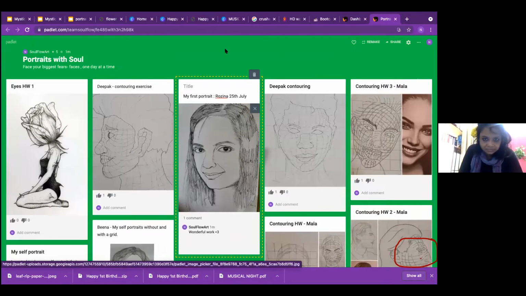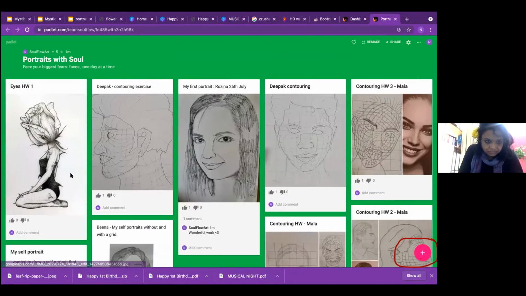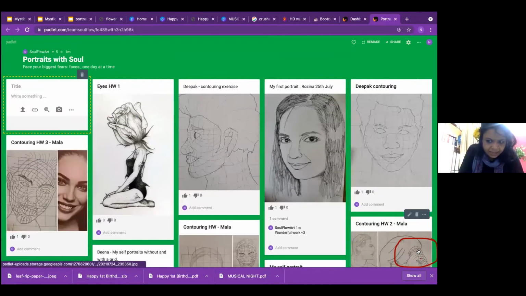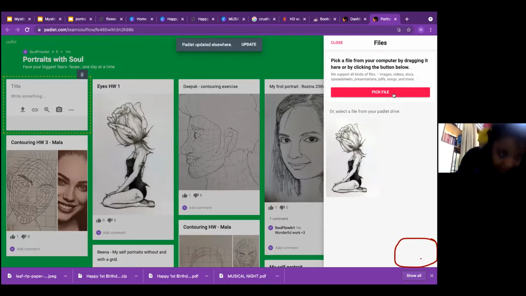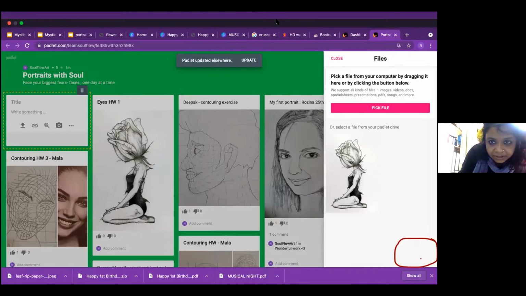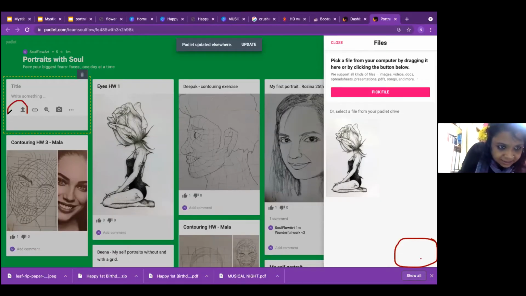Okay. How do I post my photo? I don't know. I should go to the camera. How do I find the photo in my phone? When you do this red, pink thing, when you add it, it should come. No, upload this pic file. When I do this, it comes as type a title. Type the title, then below there is an upload button. There's a button here like this. I'll show you. I'll annotate the arrow. See this button on the screen.